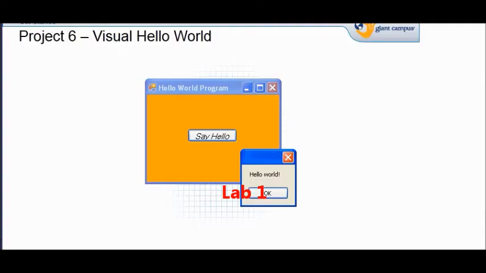Orange, yellow, green, blue, purple, pink. I'll bet you guys thought that we wouldn't get to a project where you use color. Well, you're really going to like Project 6. It's quick, it's easy, and it's a lot of fun because now we're going to create a Windows Forms project in